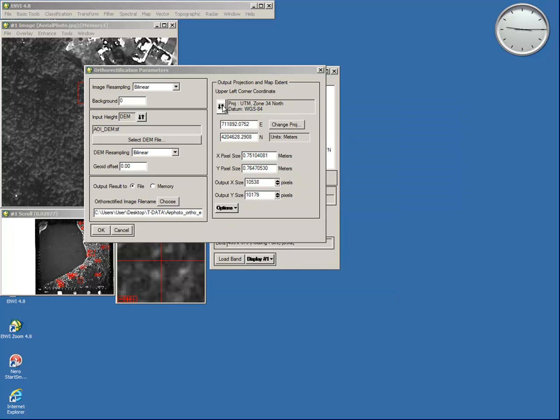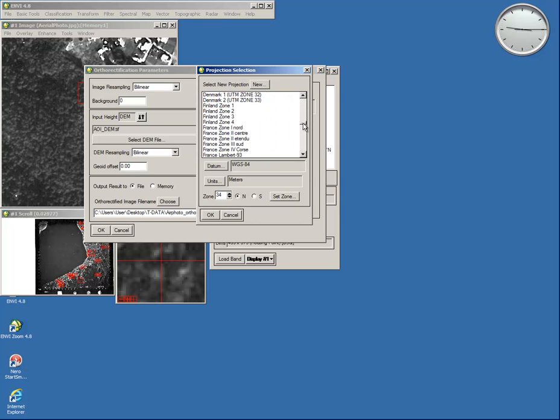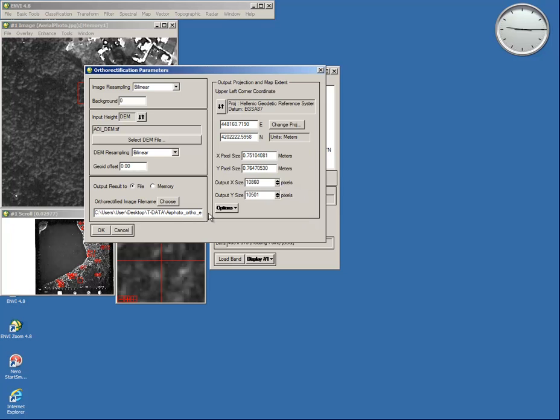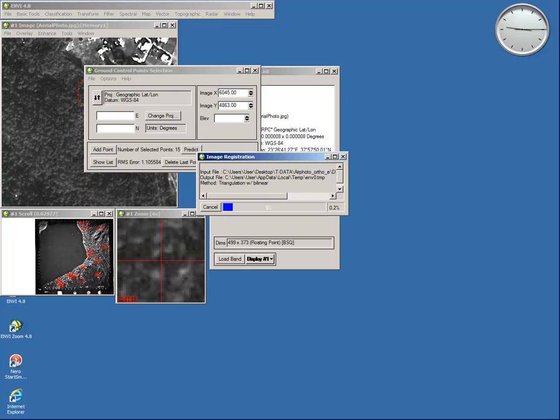I will change the projection to the Greek grid. I won't change anything in the pixel size, and I'll just press OK. I'll pause the video for the process to be completed.